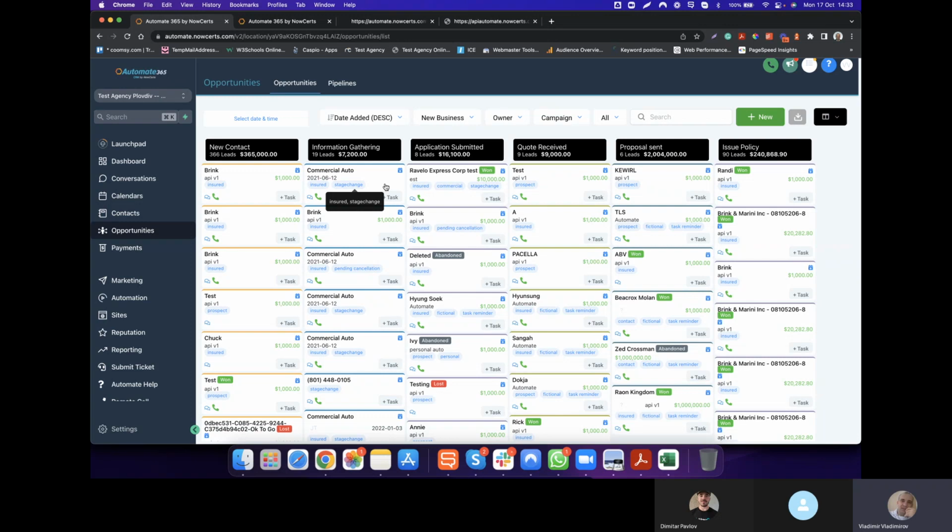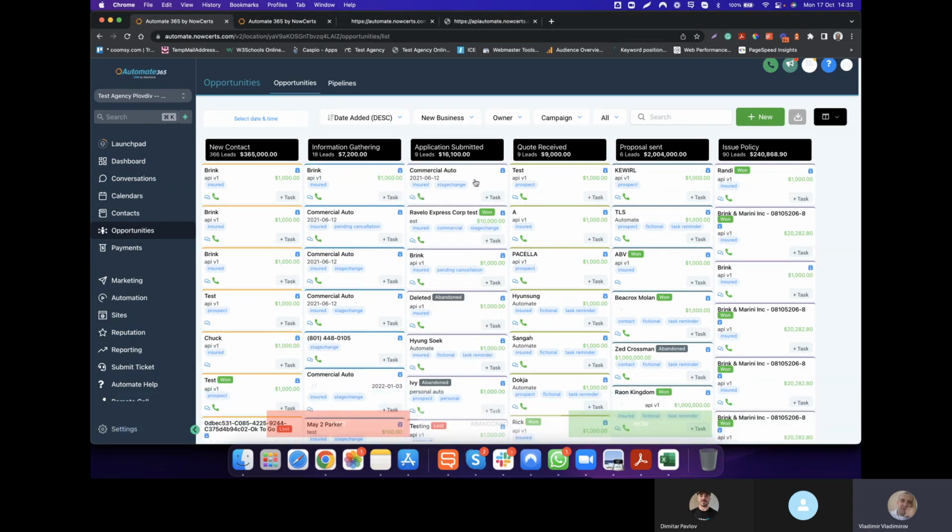People have a tendency to forget to drop things along the way. So this is a way of keeping on top of each prospect. And the same thing applies to applications submitted. Once we submit the application to a market for quoting, then